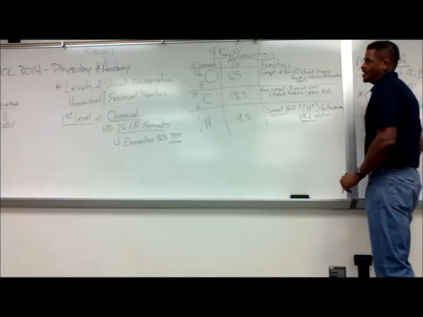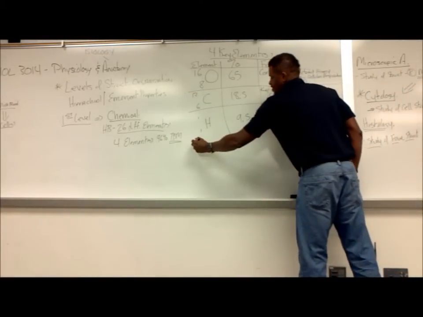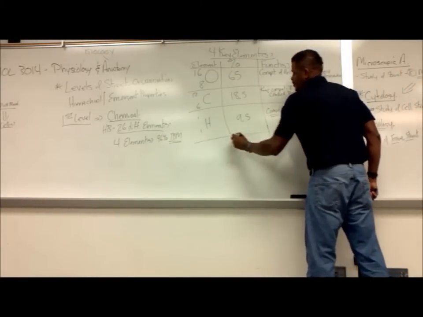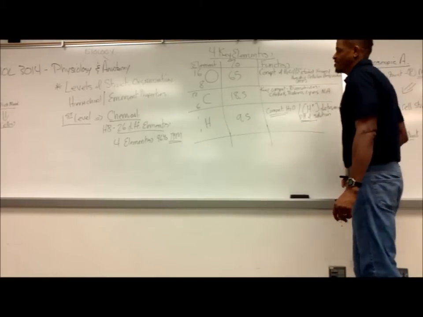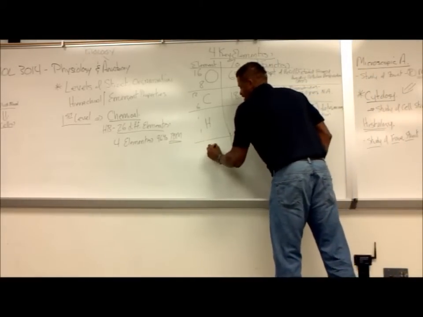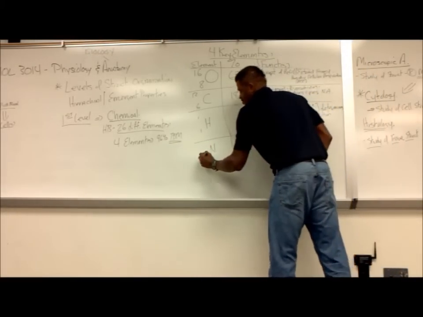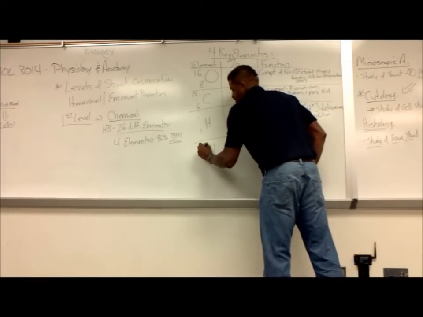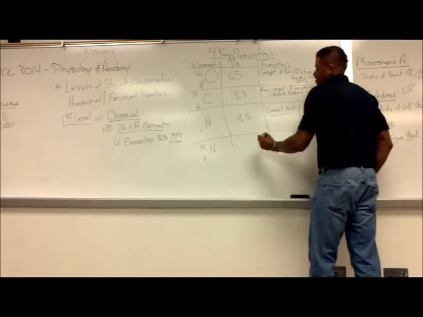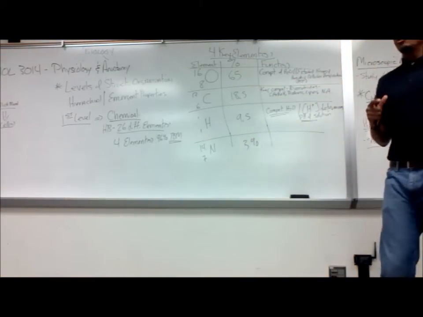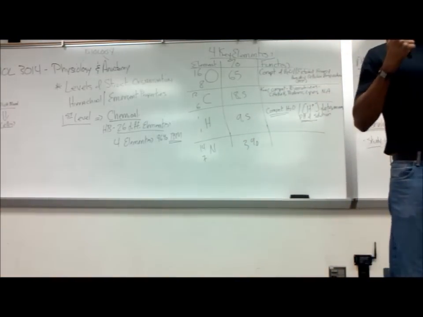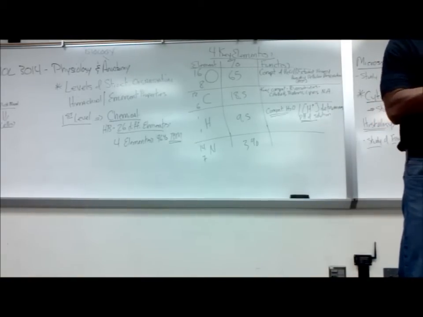And the last of the 4 key elements that make up 96% of the total body mass will be that of our nitrogen. Atomic number is 7, mass is 14. It makes up roughly 3%. And we need nitrogen in order to synthesize our proteins and our nucleic acids. So it's a component of both our proteins